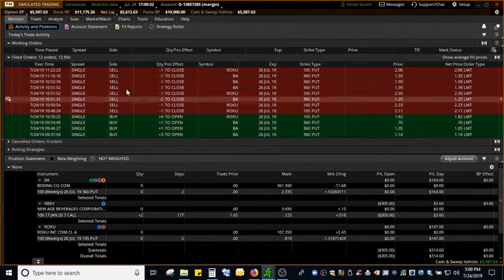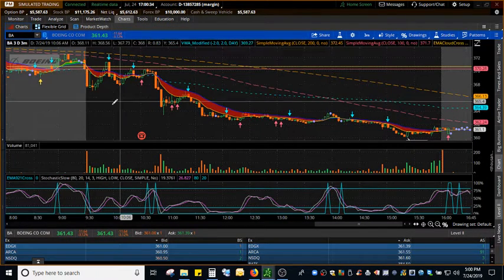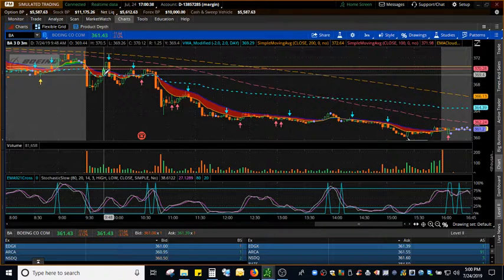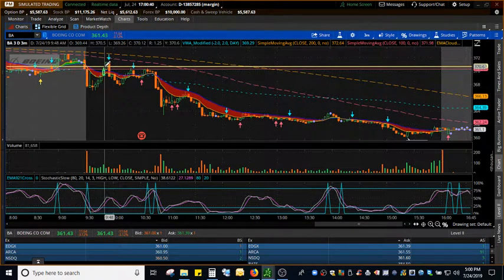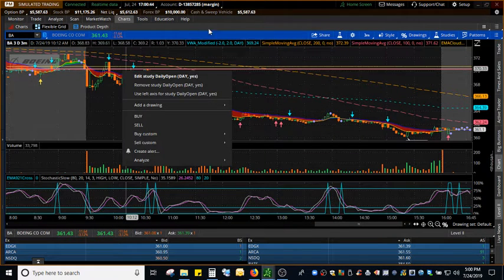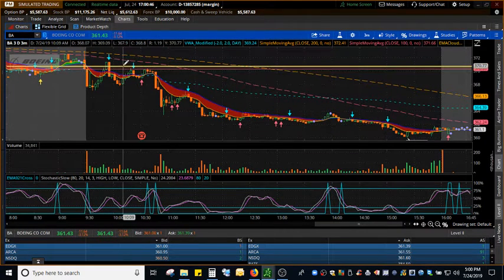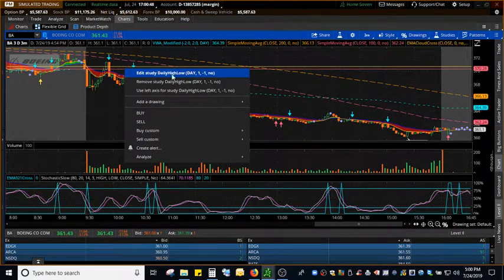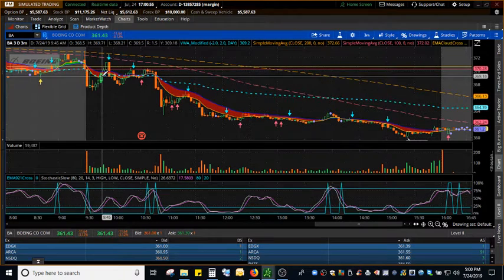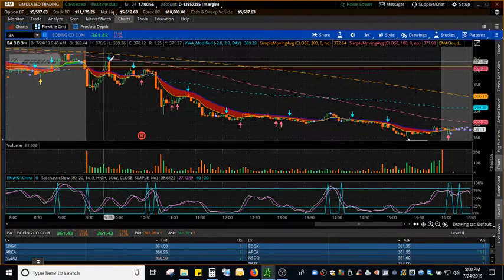Added at 9:46 and 9:54. 9:46 I added just after the open of this candle because we had some resistance. We had today's open. This yellow one was yesterday's either high or low, I'm not sure. So we had some resistance coming up here. So I entered a second one here, ended up popping up above it. I entered this one here